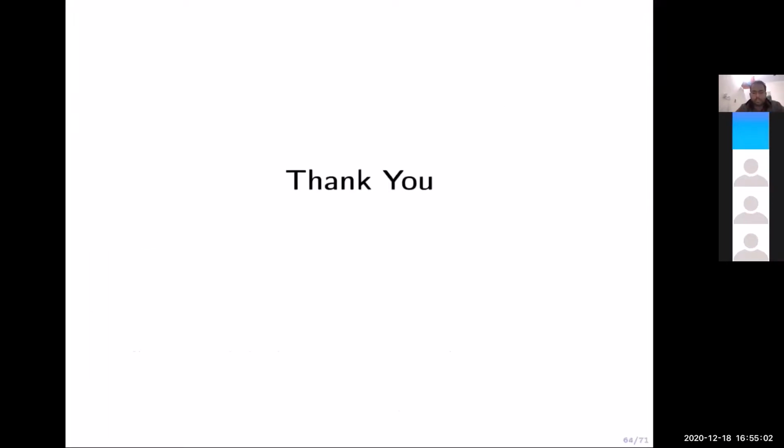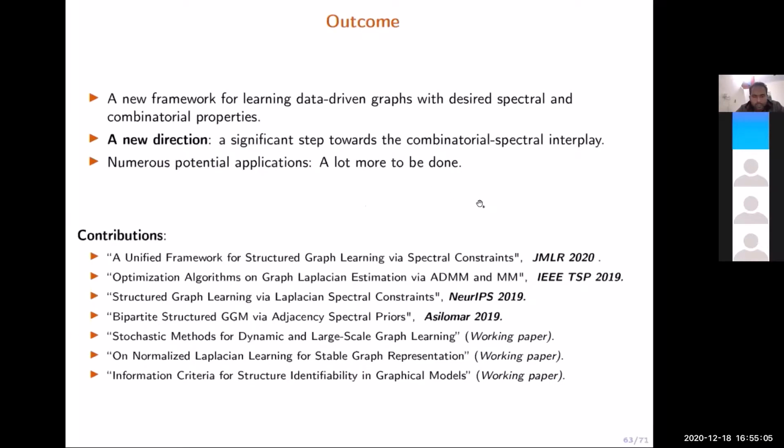Okay, so this sums up. These are the things that we have done. We have a few publications out of it, and we are working on a few extensions. There are a lot of things that can be done. We are focusing on extending the method for large scale graph learning with the normalized Laplacian, and deciding, for a given data set, what kind of graph structures are actually useful. We have also seen model identification in a general setting, and we want to extend the model identification to the graph setting. So this is what we are working on. By this I conclude my presentation.